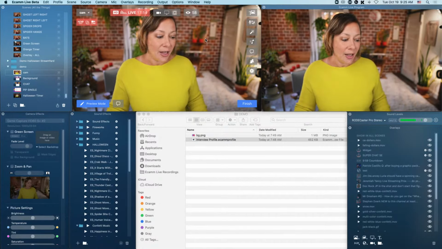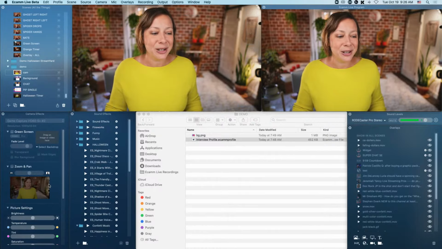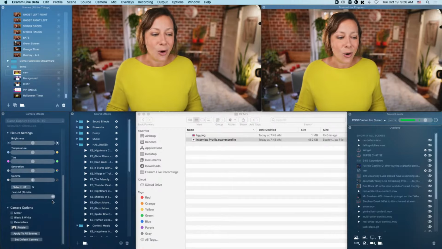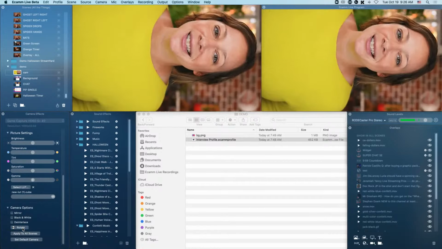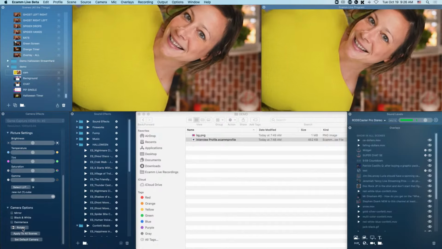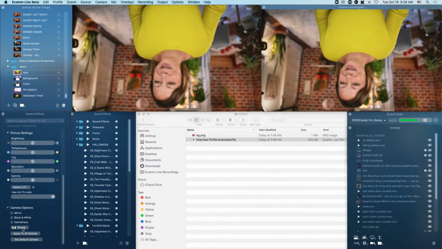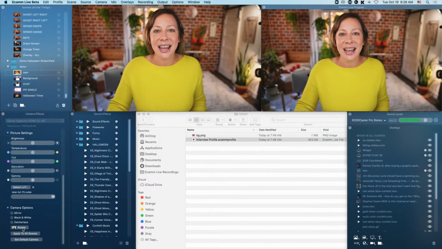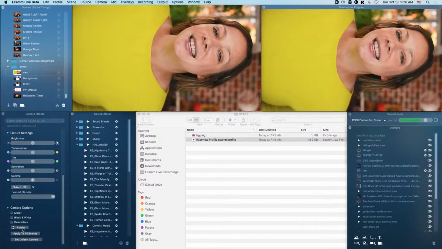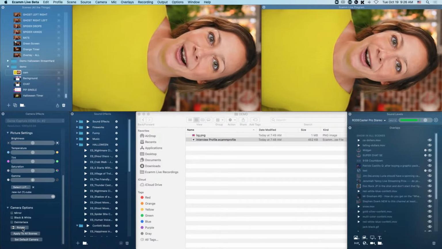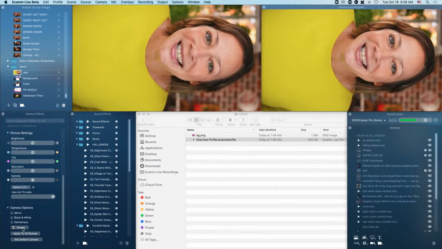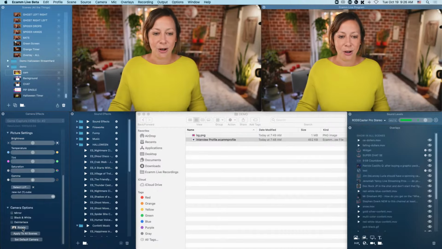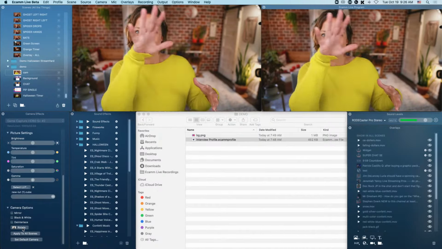A couple other things to go through is the ability to rotate the camera. If you look in the camera effects section down here in the bottom left corner, you now see a rotate button. So if I want to do some sideways videos or TikToks or stories, if I want to go upside down or whatever, you have the ability to rotate your camera. I'm sure you can find all kinds of different options for using this in a fun manner, or just if you had to have a little bit more control. Okay, so now that I'm done circling around,